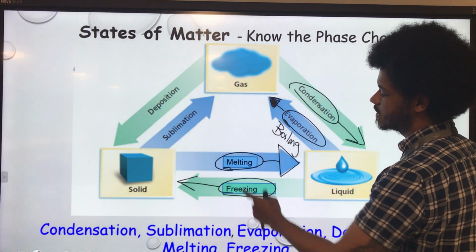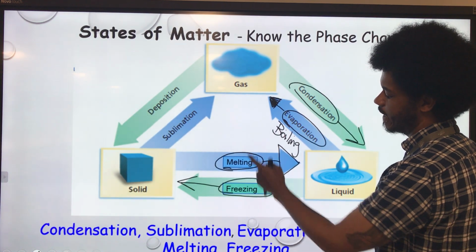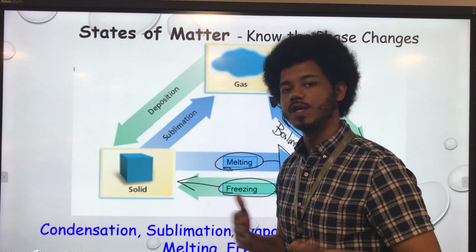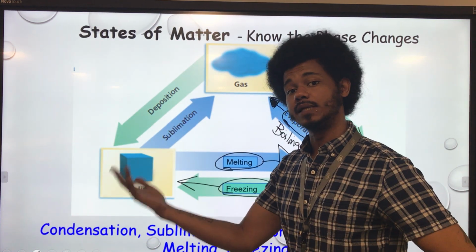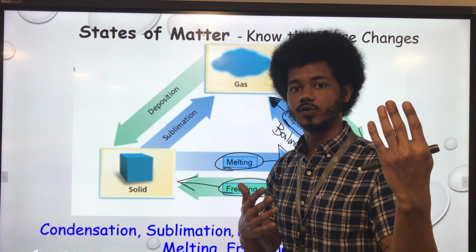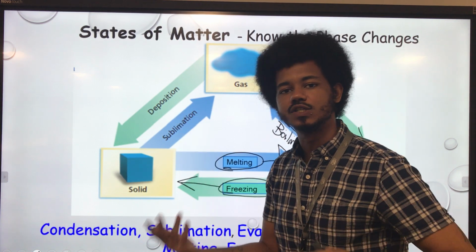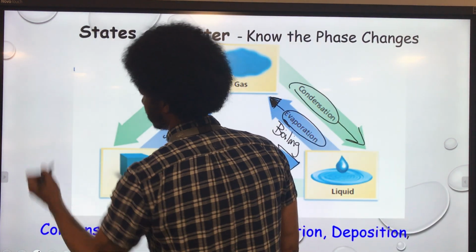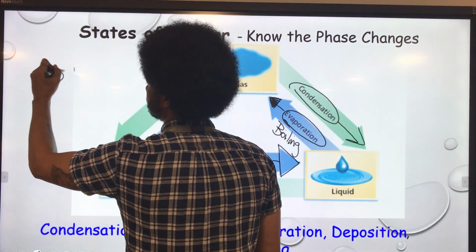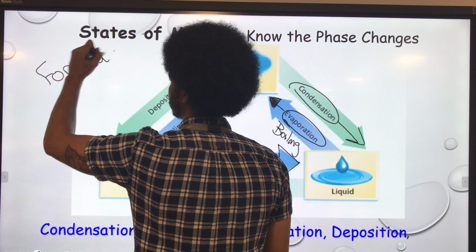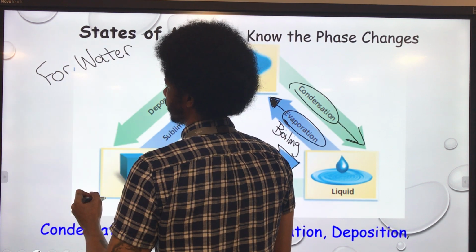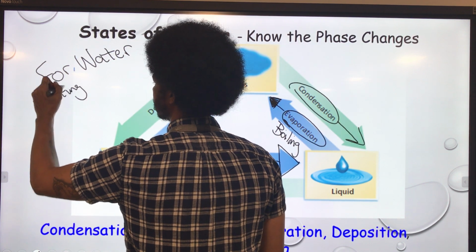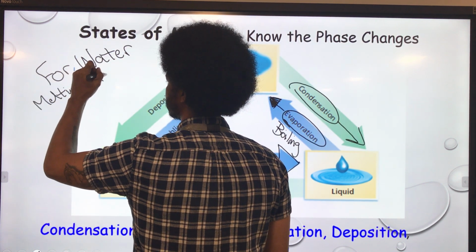Notice melting and freezing. They are just opposites of each other, the transformation of a solid to a liquid or a liquid to a solid, okay? So again, those are the same thing, just opposite. I bring that up because, let's just say for the example of water, okay? So the melting or freezing